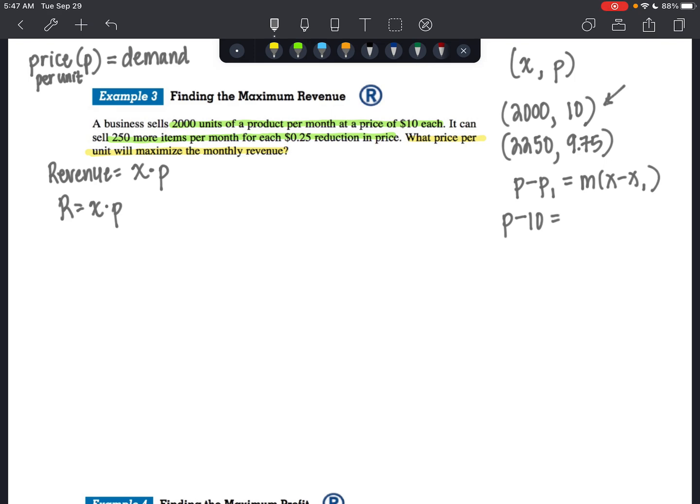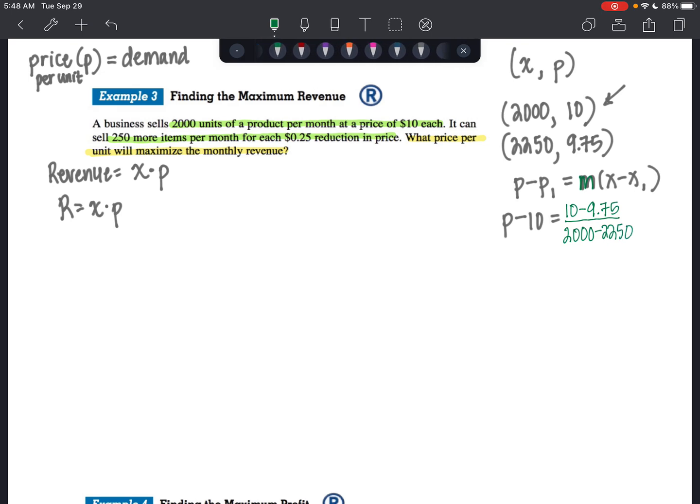I'm going to use this ordered pair, and now I have my slope. My slope is going to equal 10 minus 9.75. So your change in your output, 10 minus 9.75, over your change in your input,